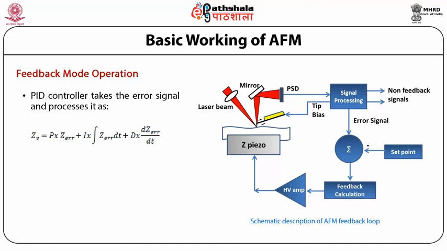The higher the feedback gains, the faster the feedback loop reacts to changes in topography while scanning. However, since the AFM is not infinitely fast in responding to the output of the PID controller, the increase of the feedback gains is limited to a certain point. Beyond this, the feedback loop becomes unstable. This is the limiting factor for the maximum achievable scan speed.